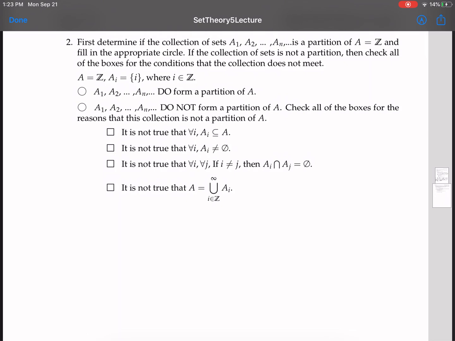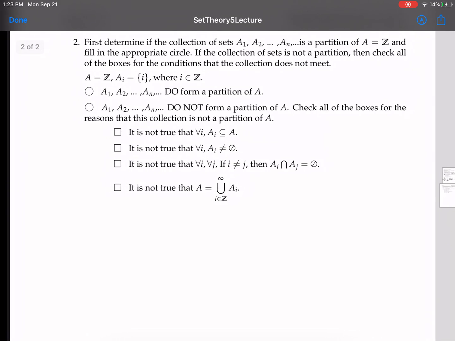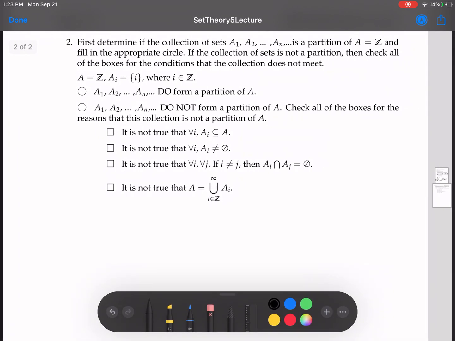All right, so here we have a partition of the integers, or not necessarily a partition, we haven't determined that yet. But we have a collection of sets, and we want to see if that's a partition of the integers. Now this might be something you weren't aware of, but in any case,